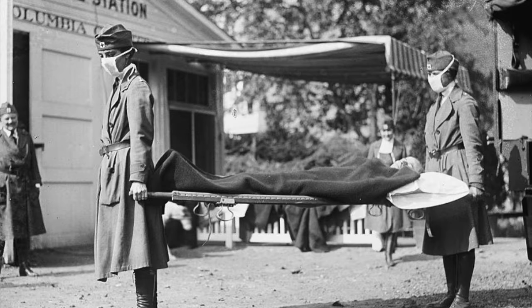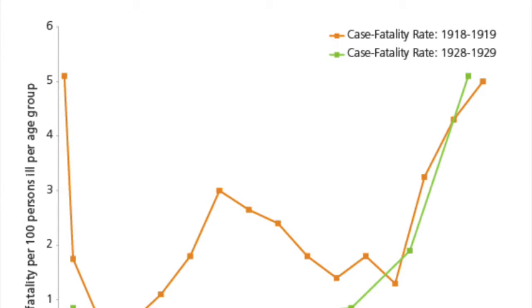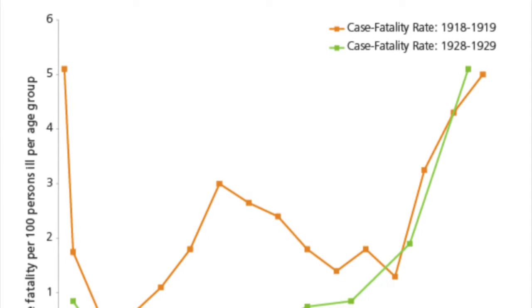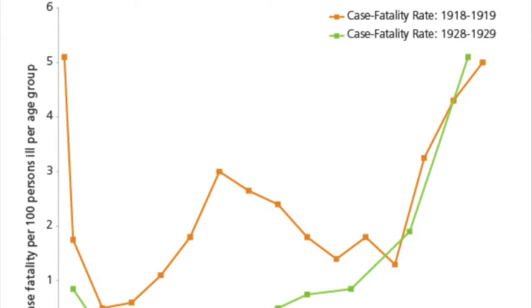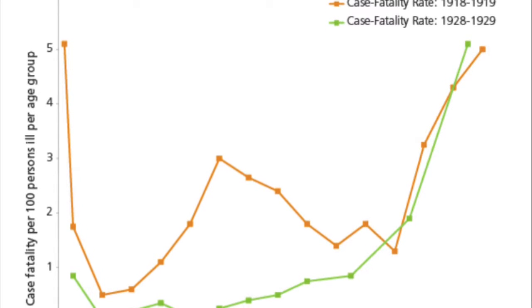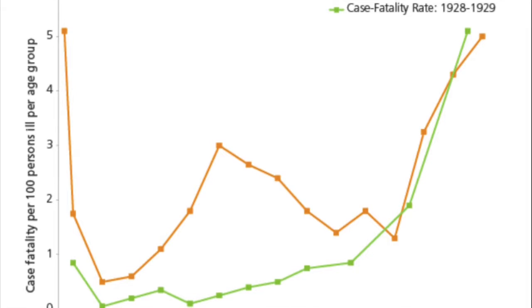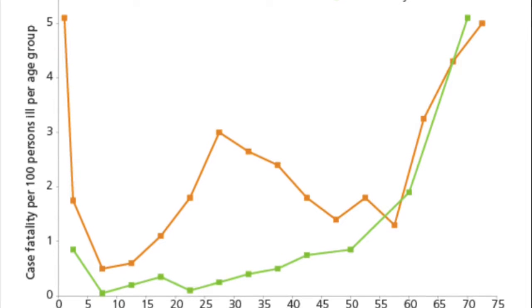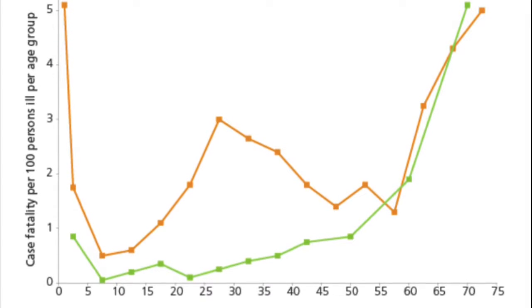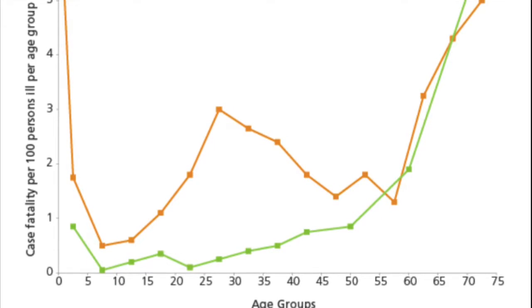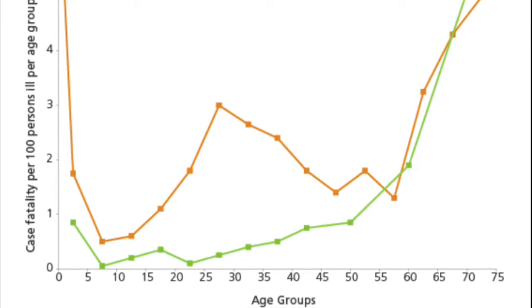Almost a century later, in 2014, Professor Michael Worobey discovered the answers to this age distribution pattern. According to his findings, most of those who died were born after 1889, the year when a smaller influenza pandemic of the H3 viral strain took place. Those born before 1889 were exposed to that virus during childhood and were then able to develop the immunity needed to fight off the 1918 influenza.